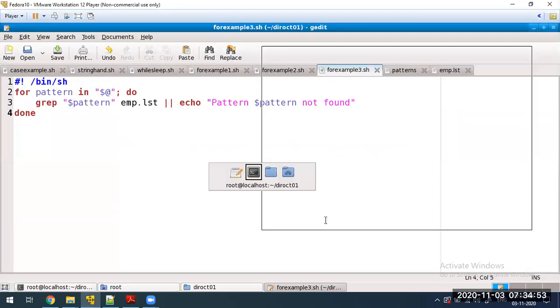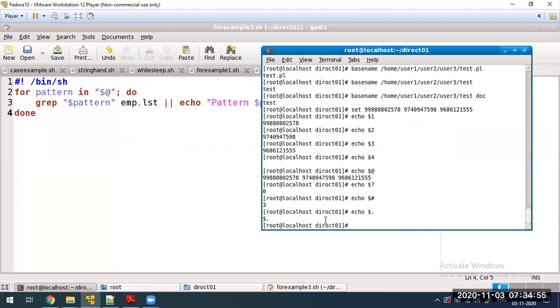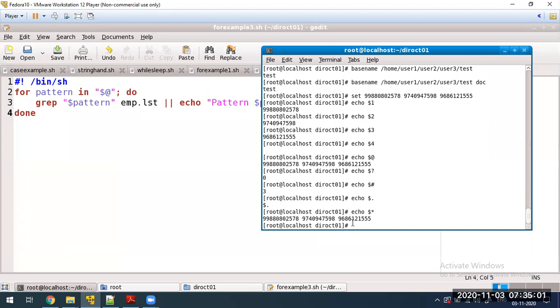And instead of $@, you can even use $*. That also includes all three values that we have passed. Instead of writing these values multiple times in a program, you can directly use $1, $2, $3. This is very similar to the #define statements in the C program. In order to store the pi value or some constant, we use #define with a variable name followed by that value. That is very similar to this.